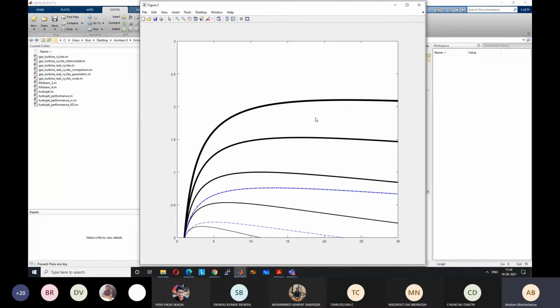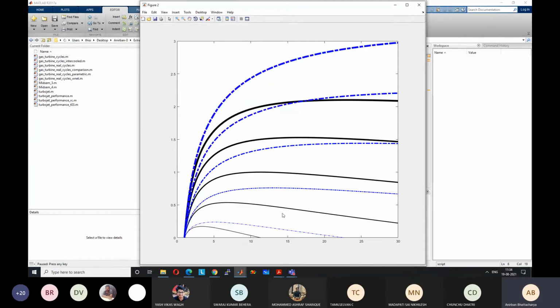And this is for the reheat cycle, the blue lines. And you can see that they are quite higher. So T equal to 2, 3, 4, 5, 6, much higher as compared to the simple cycle. They will also go down to 0, like you can see here, but at a much higher value of R, which is beyond the practical limit. So we get quite high work output. That is the reason reheat cycles were designed or used.